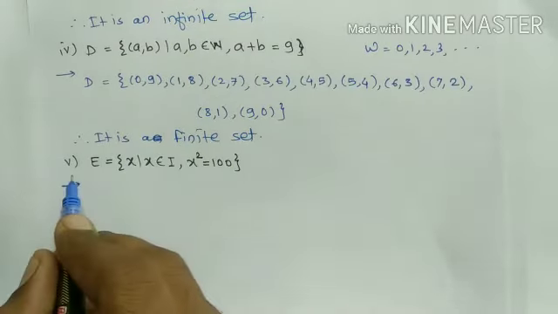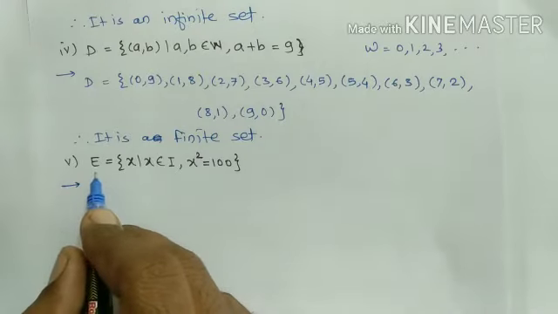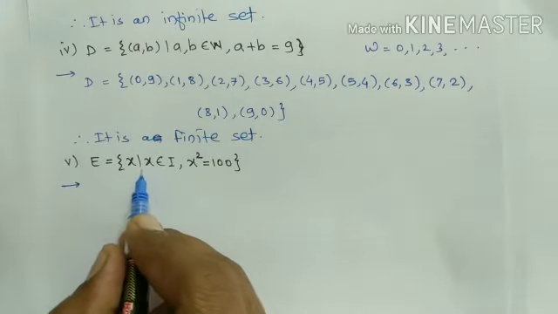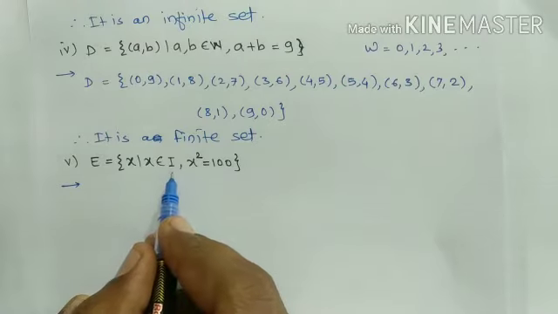Now the next example is example number 5th. Here set E is given, which is the set of all x such that x belongs to integer when x